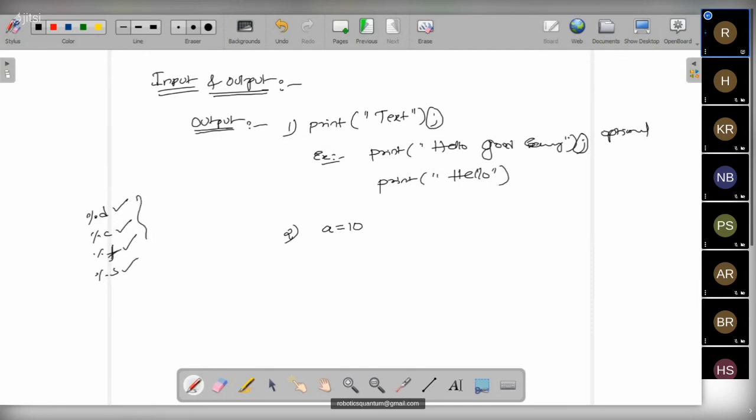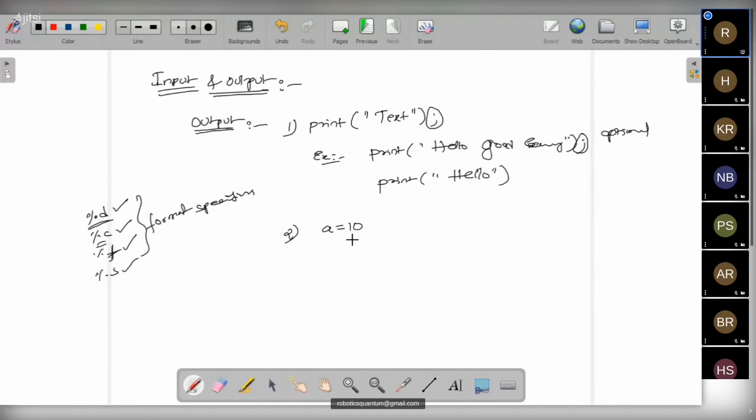These are called format specifiers. But in Python, there is no need of mentioning the data type or a format specifier while printing the data in a variable, because Python is a completely dynamically typed programming language.